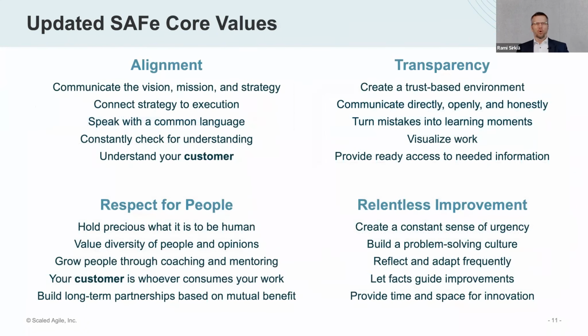There's an update in the core values as well. You remember that the alignment and transparency are exactly the same as they used to be. Then the built-in quality, it is still part of the model, but it's not here. It's heavily on the team level, as well as then the program execution. So that's one of the ART, accountability and responsibility. We'll come back to that one as well. But from the House of Lean, they have now elevated this respect for the people and relentless improvement, obviously of significant importance for any transformation as such.